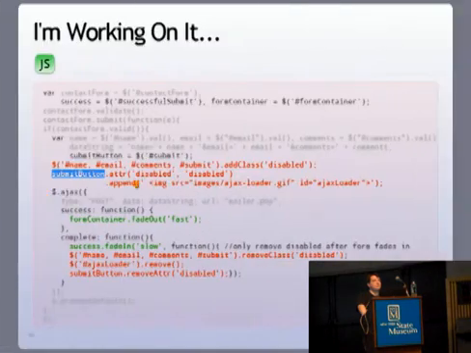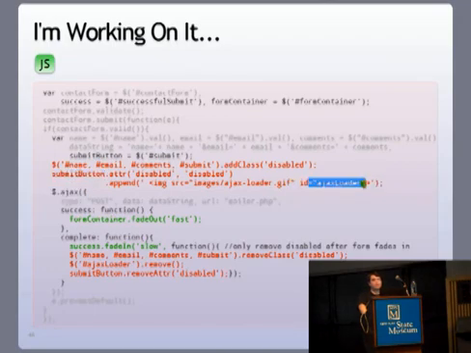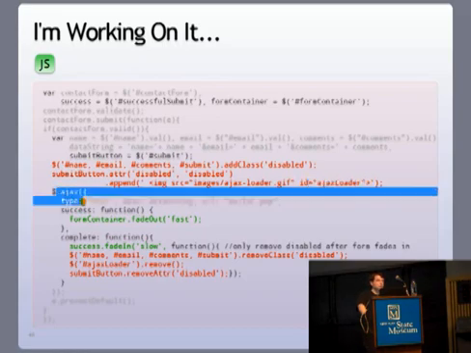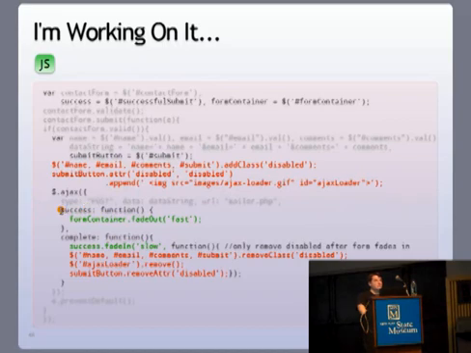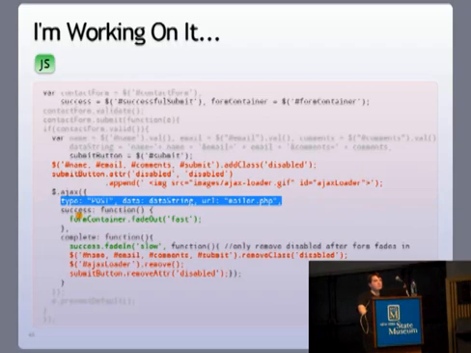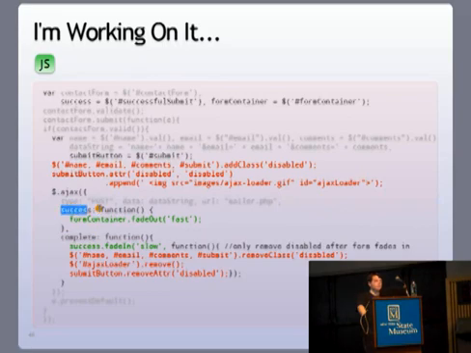a space, and then a little image, a little Ajax loader. I use the same one that Facebook uses, and I give it an ID of Ajax loader so I can reference it later when I'm all done sending the form, so I can remove it really easily. Then in my Ajax call, on a success, because remember how we had type, data, and URL? Now there's a success option and a complete option. In success, you create a function, and I'm going to fade out the form container,